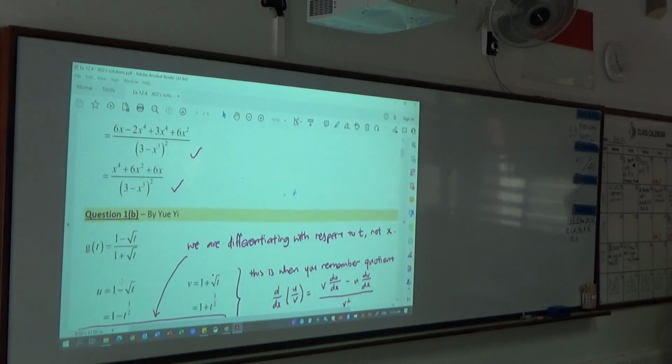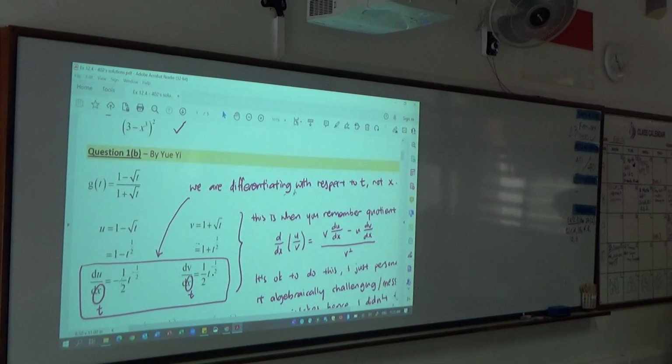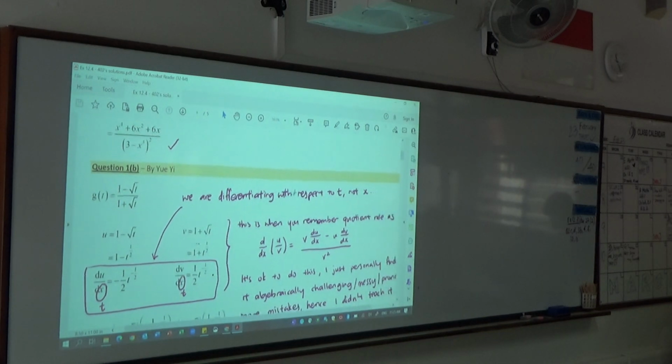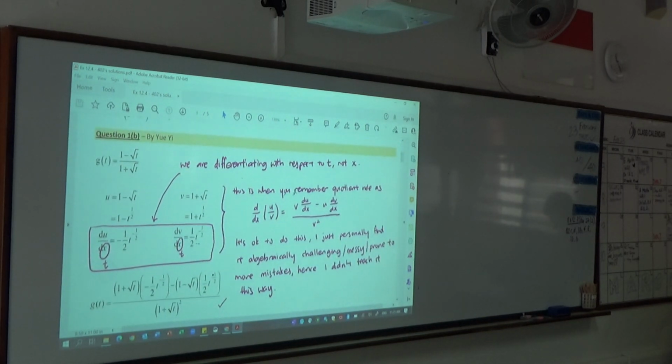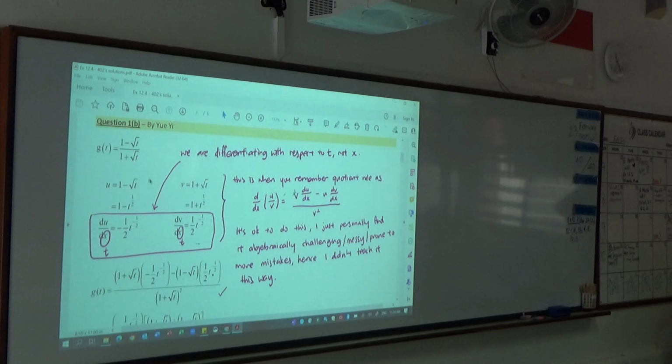Then for question 1B, right? Just want to point out, I do notice, I was marking your WA yesterday, although I haven't finished marking yet. By the way, our absentees, Matthew as well as Joshua, see me after class, we decide on the date, okay? So for this one,